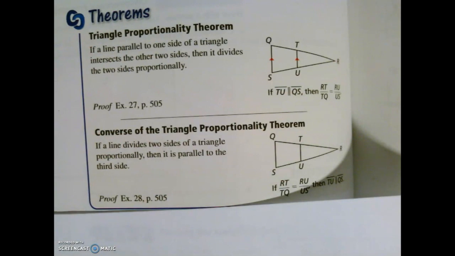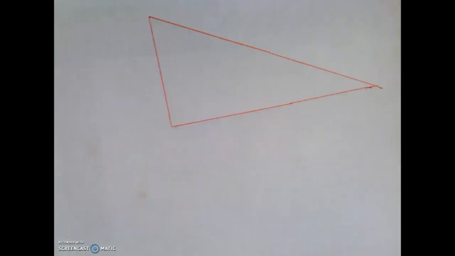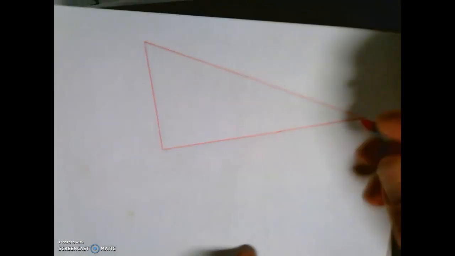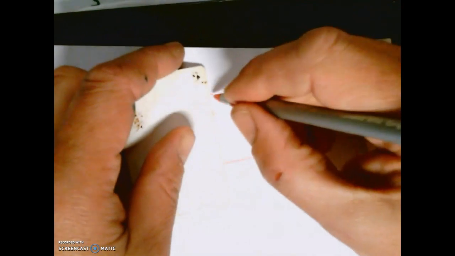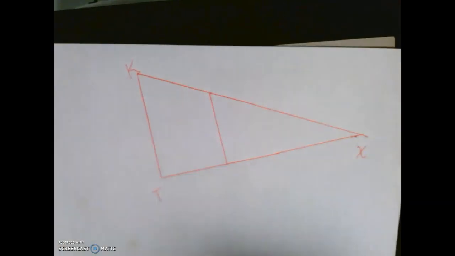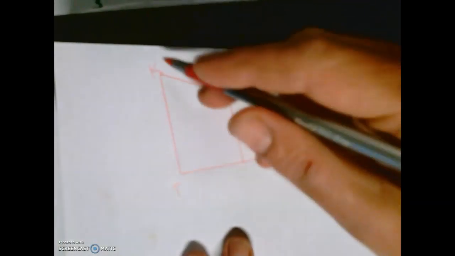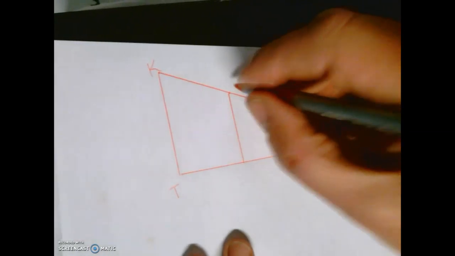So I'm going to make a quick sketch, and we'll start solving some numbers with this, because that's what it's all about. All right, so here's my triangle. I'm just going to make up some random letters: X, T, K. And what we're going to do is draw a side parallel to any of the other sides, but let's say, the way it's facing, I'm going to draw a parallel this way. Try to make it look just sort of like it's parallel. So this side's parallel to this side. So let's call this